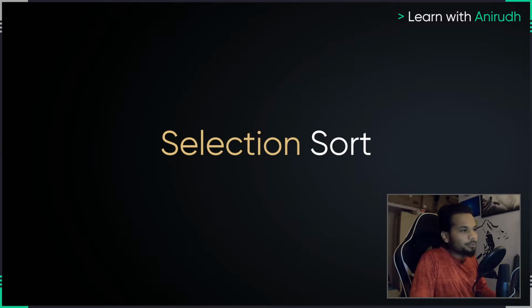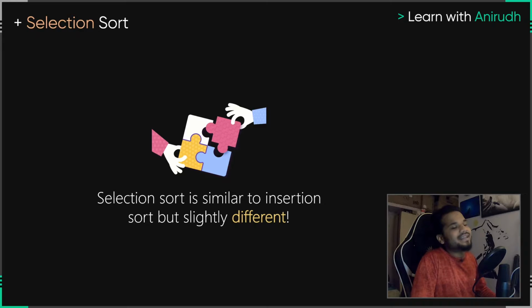Well, with that, I think we can get started with selection sort. Now, ladies and gentlemen, we already had a chance to take a look at insertion sort. As with life and as with any array, we saw that when it comes to insertion, whenever you go about inserting things in places where it's not supposed to be, things mess up a lot. And in the case of selection sort, it is actually very similar to insertion sort, but here we select before inserting stuff. So I know it sounds very bad. I'm sorry for that. I couldn't help myself there.